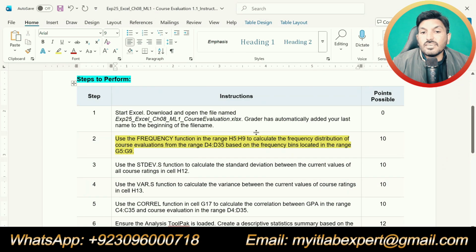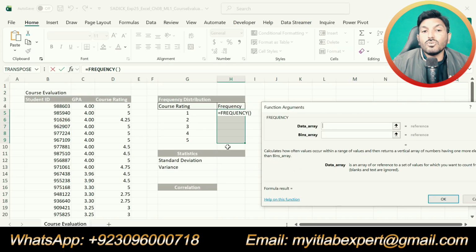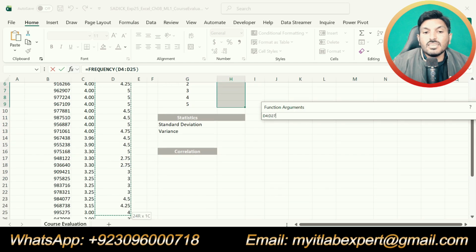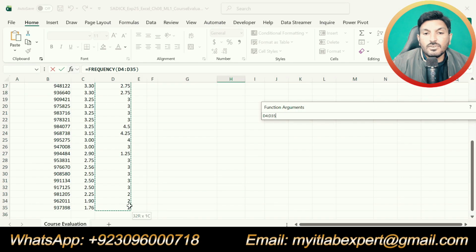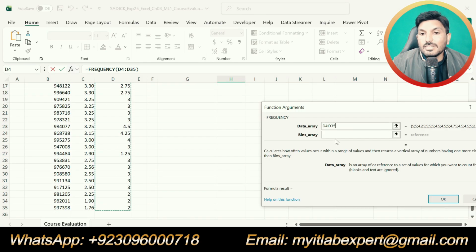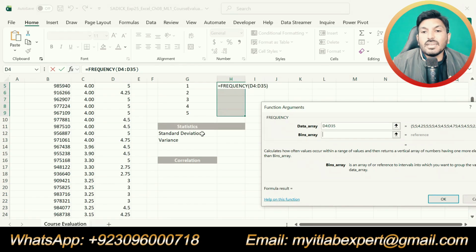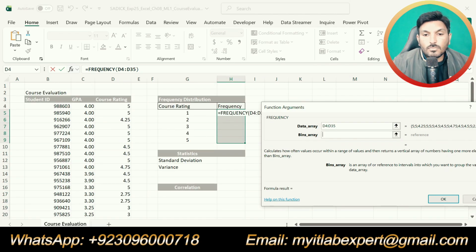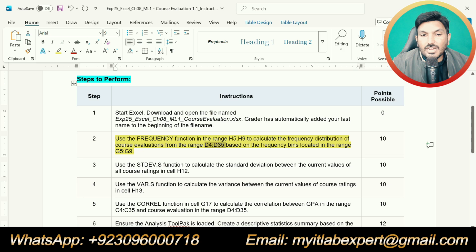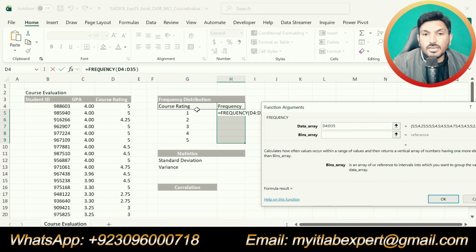Our data array is given, that is D4 up to D35, because we are going to calculate the frequency distribution for the course rating. So we will select D5 up to D35 as the data array. Then the bin array is given, that is G5 up to G9.